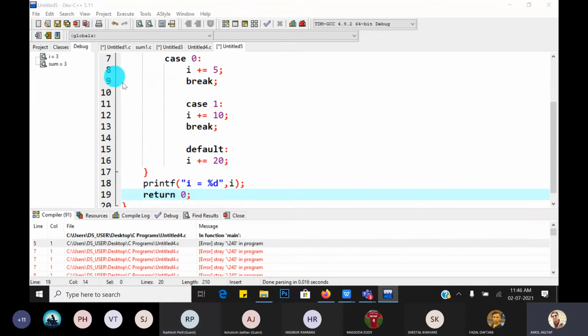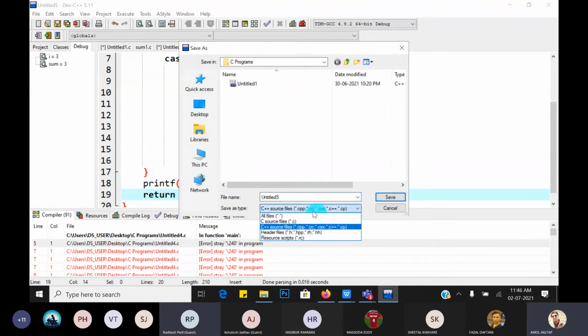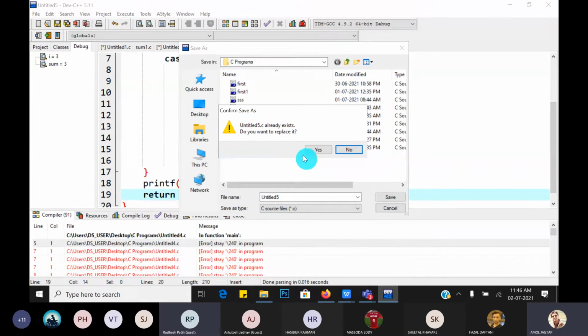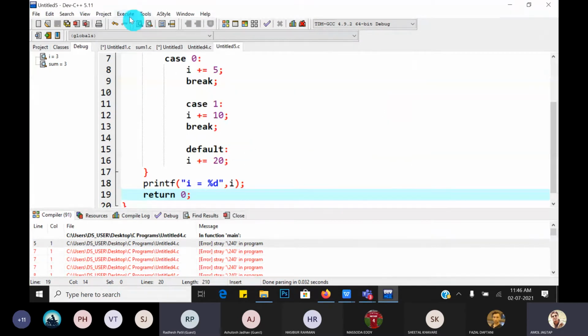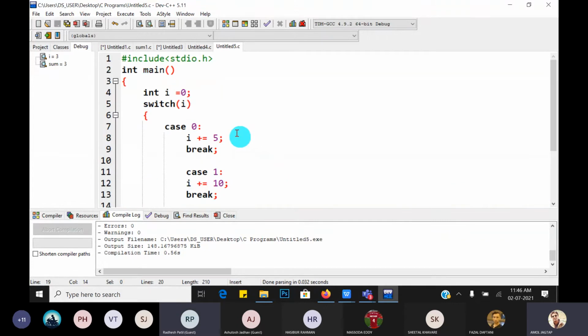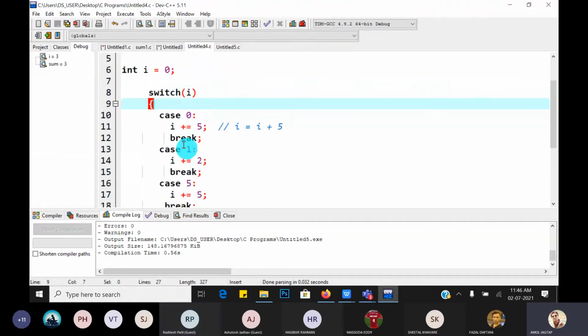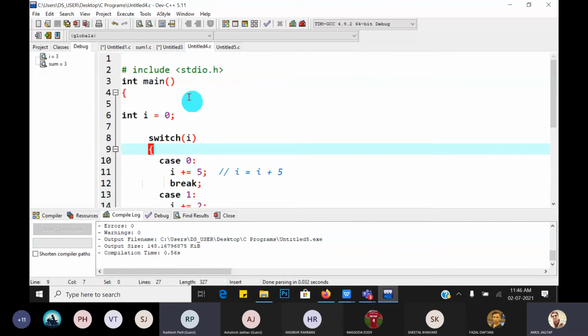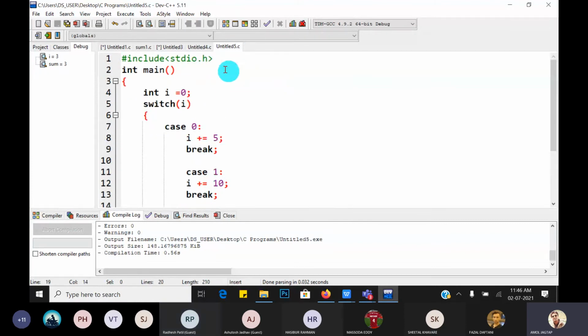Okay, same code. So compile it. There is no such type of error. Okay, understood, guys? If you see, it is the same code, but it gave an error due to the fonts and other constraints which are not supported by that Dev C++ IDE. Understood, guys?